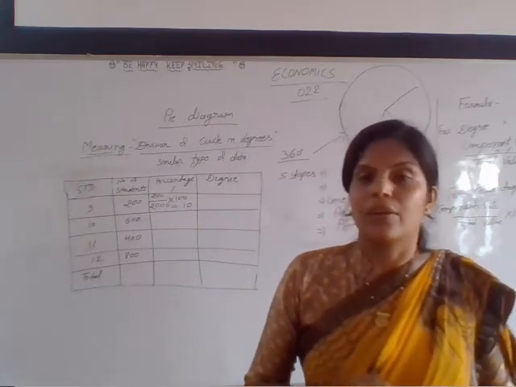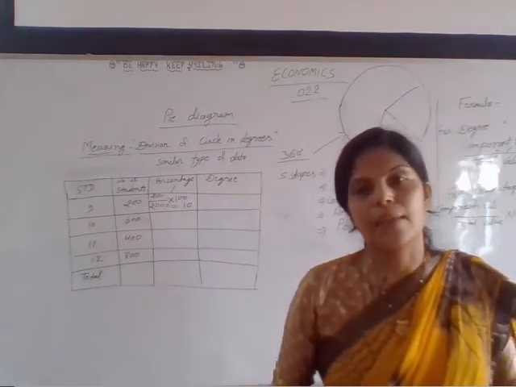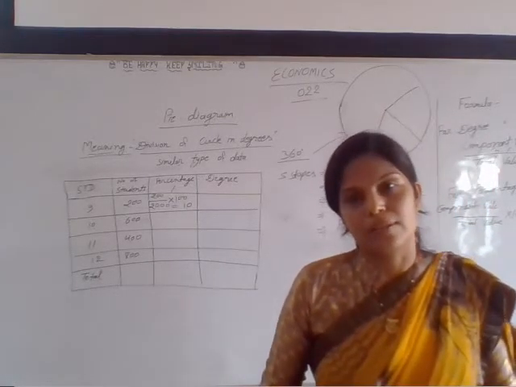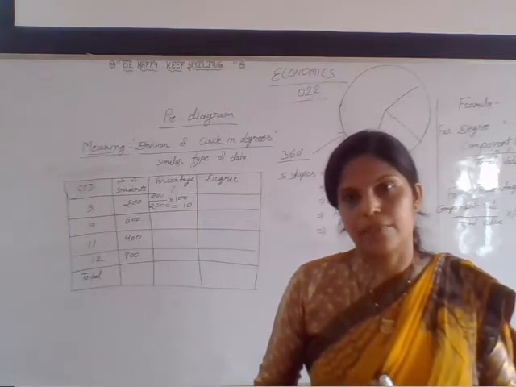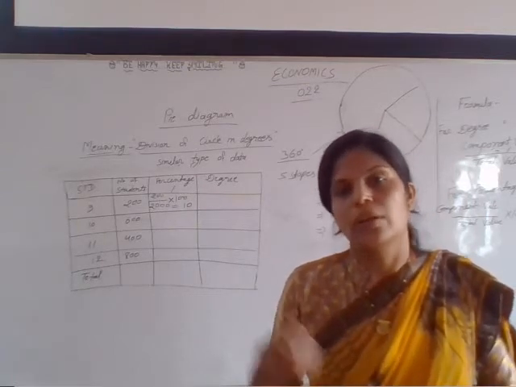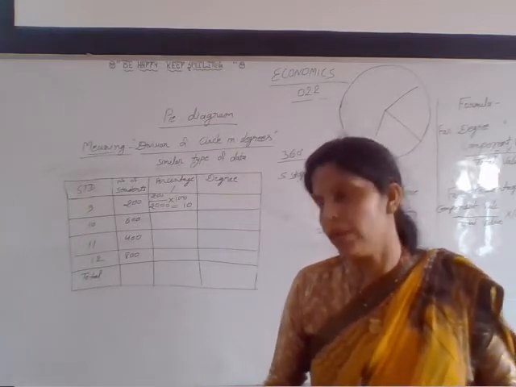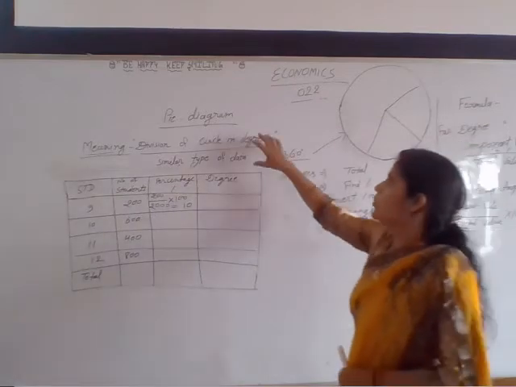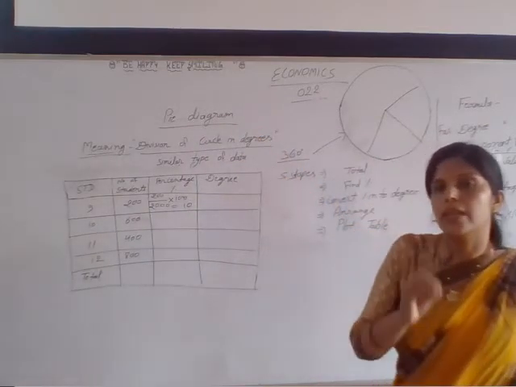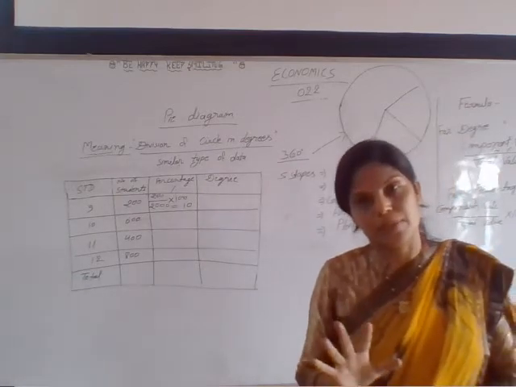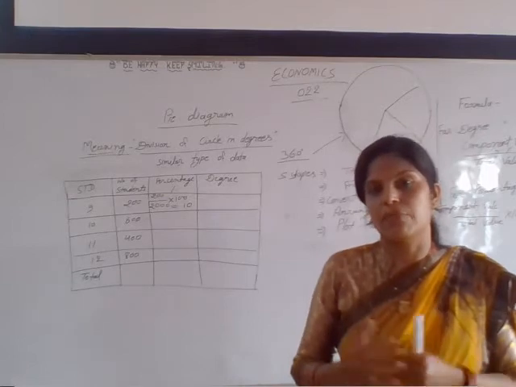Then how do we draw it? Suppose the same question comes for 5 marks: draw the pie diagram related to the data and analyze it. Then how will you do it? The next step is the drawing work. Whenever we are going to draw any type of pie diagram, first of all we have to keep these 5 steps in mind. It's very important, and we will complete them one by one.